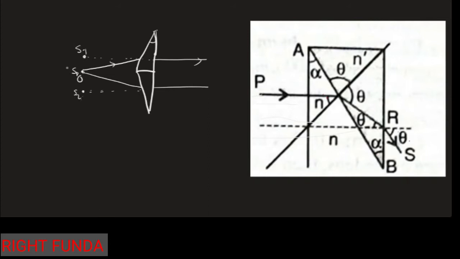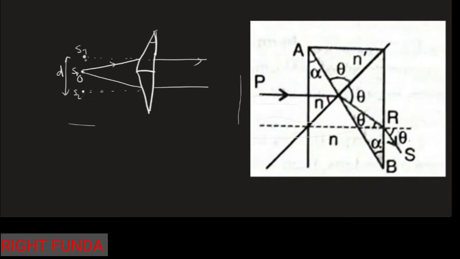In Young's double-slit experiment, we know there are two sources and these two sources are coherent sources. If you know the distance between the two coherent sources, and the distance from here to the screen, you can easily calculate all the parameters required by the different formulas and concepts that you know from Young's double-slit experiment. So in this case, what we need to do is first find out the distance d.